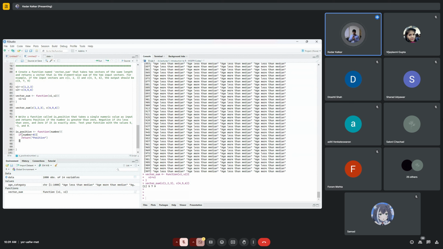After this, we are going to write else. Second condition is else if number is less than 0, तो क्या रिटर्न करना है? रिटर्न नेगेटिव. So if the number is greater than 0, return positive, less than 0, return negative, and the last is 0. So else